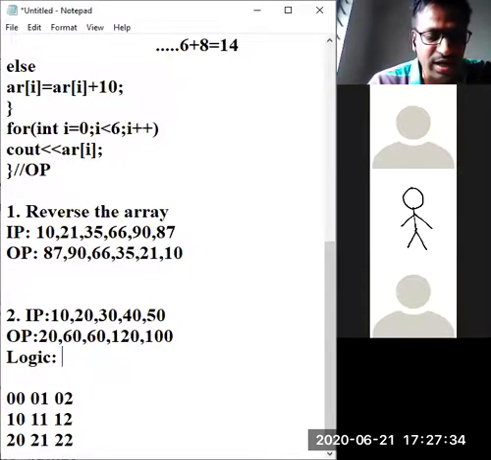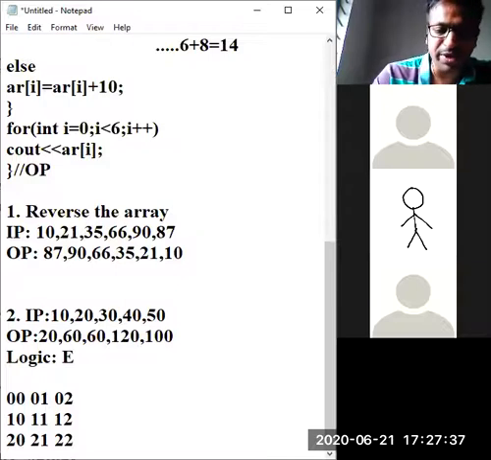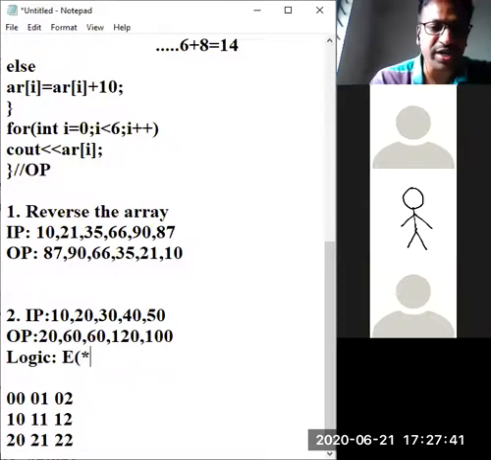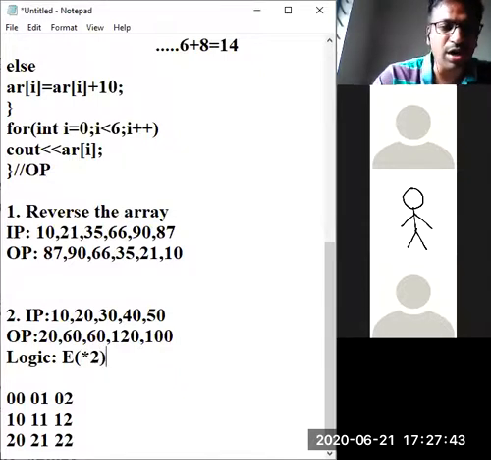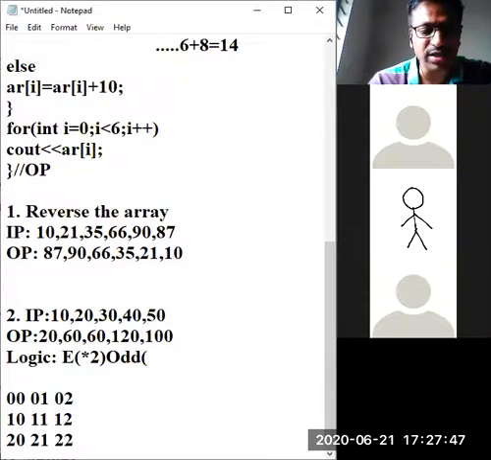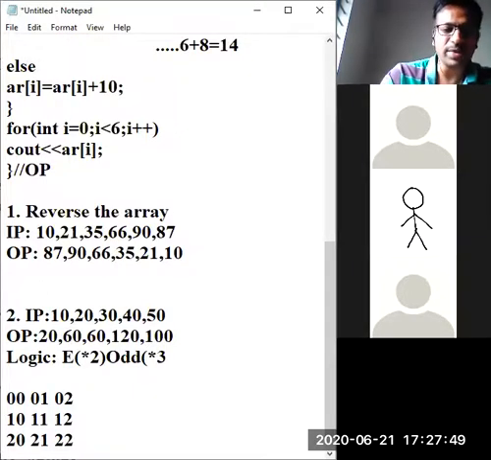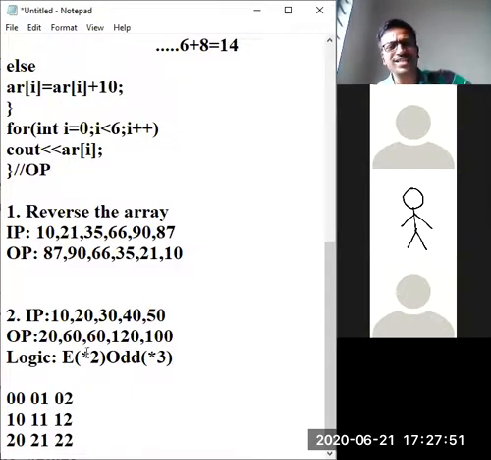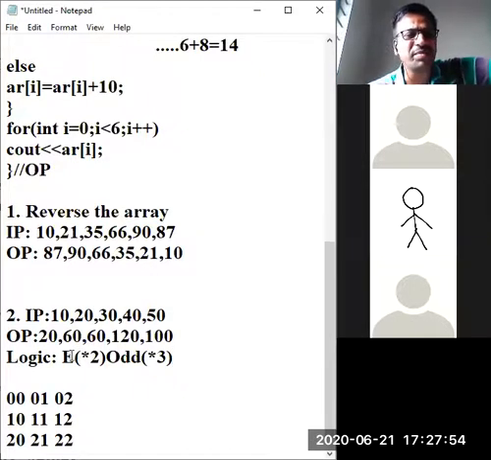The logic is: even position, multiply with 2. I will put an asterisk so you can understand. Odd position, multiply with 3. Am I right? Like that, I have chosen these numbers. They may give some other numbers.